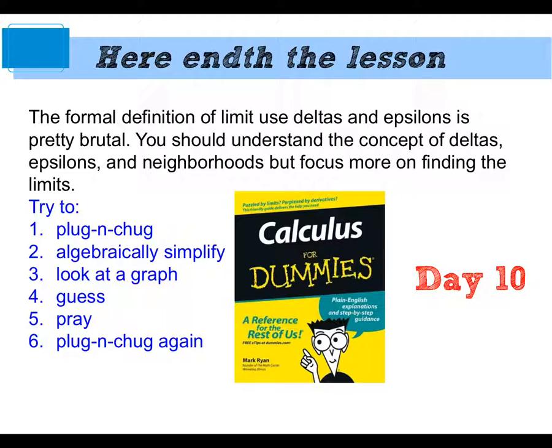So there's your approach to solving limits. Plug and chug first. Always plug and chug first, because that might be as easy as finding the answer. If it doesn't plug and chug, then algebraically manipulate it. Factor the top, factor the bottom, simplify things. You can look at the graph. You can guess, you can pray, you can plug and chug again. 4 and 5 are up to you, depending on what you want to do, but I would definitely